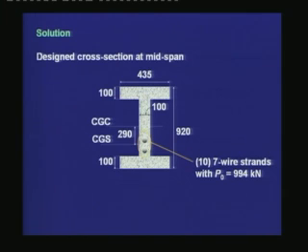Hence, our design cross section looks like this: the width of the top flange is now 435, which we have increased from the earlier selected 395 millimeters. The total depth satisfies the requirement of 920 millimeters. The breadth of the web and the depth of both of the flanges are equal to 100 millimeters. We have located CGS as low as possible, satisfying the requirement of no tension in the section, and we are locating the CGS at a depth of 290